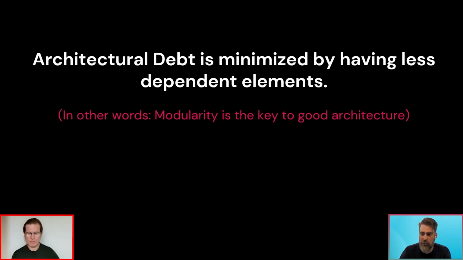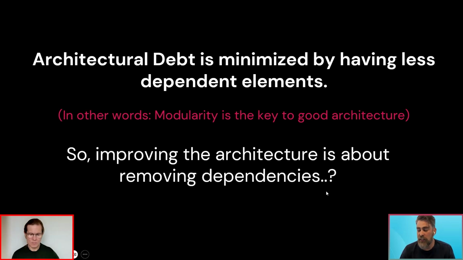Well, I'm not saying that microservices is not a good architecture, but I'm definitely saying that having microservices doesn't mean that you have good architecture. Dependencies can mean a lot of things. Dependencies in a monolithic architecture can be calls between methods. Dependencies in a distributed architecture between microservices can be calls to other microservices. And still, improving the architecture is removing